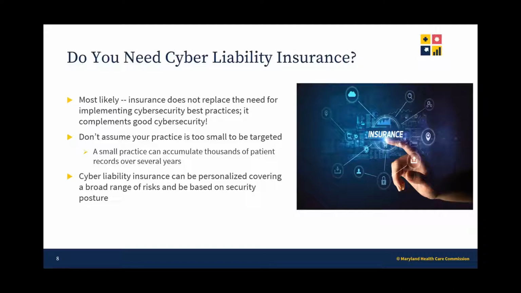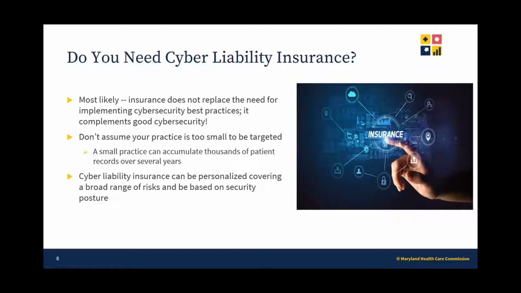All healthcare organizations, small and large, must have good cybersecurity. It's often said that it's not a matter of if, it's a matter of when a cyber incident will happen. Cyber liability insurance is part of a well-rounded approach to manage and mitigate risk. Cyber liability insurance offsets costs associated with a breach and can help practices get the support they need to recover